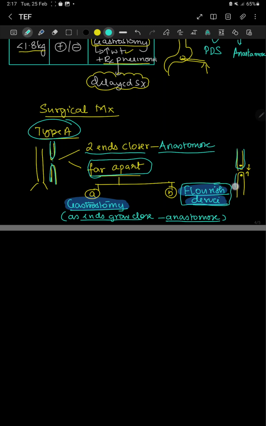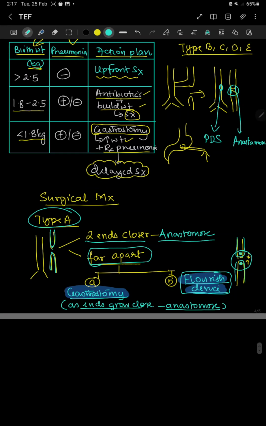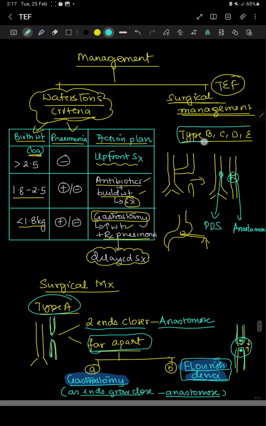The Foker device has magnets kept at both ends of the atresia, and because of the pull of these magnets, the segments come closer and start growing. Okay, so coming to the next, that is type B, C, D and E types of tracheoesophageal atresia. What you do is, for example, this is B type of atresia, where you have proximal TEF with distal esophageal atresia. So here you remove this connection, that is TEF, and then using PDS, that is polydioxanone suture,